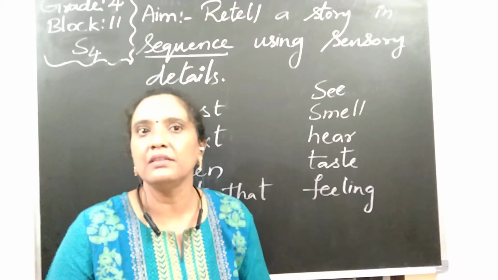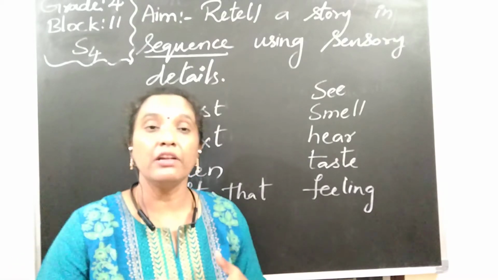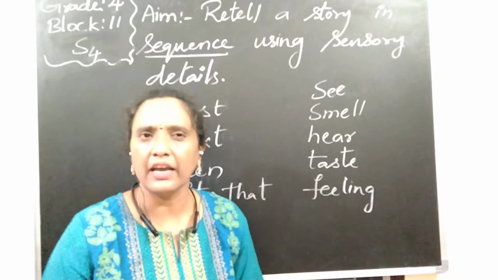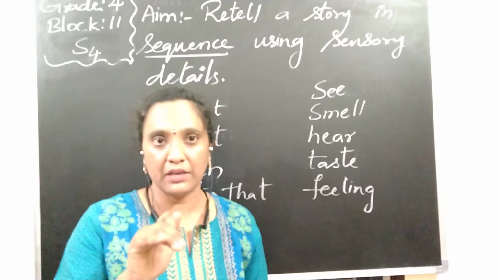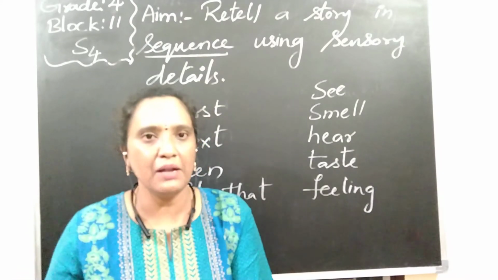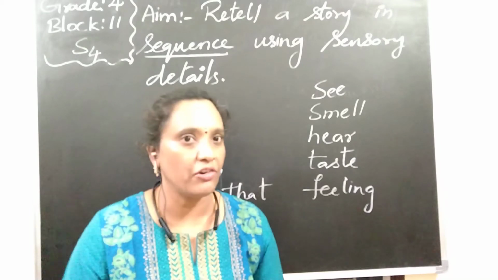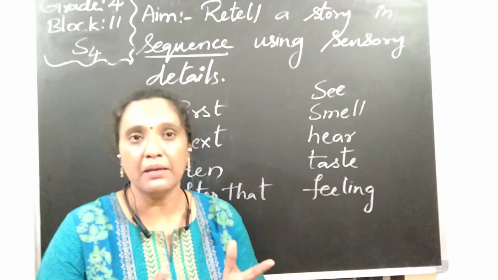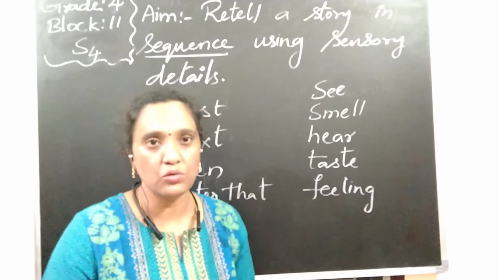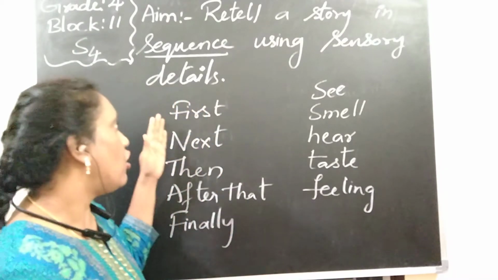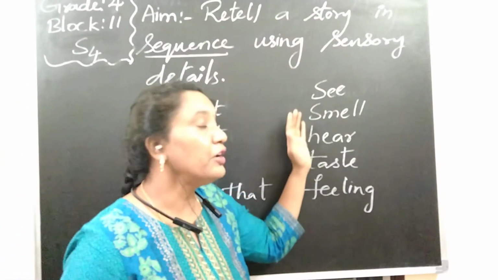If you remember the sequence of the story just by reading the story, then what are really the important events? Don't take anything which is unimportant, like he jumped here, he peeped from the wheelbarrow, or he shed tears. Some sentences are not really very important. Take only the important events which make the story. Try to collect only those sentences and use the order words like first, next, then, after that.